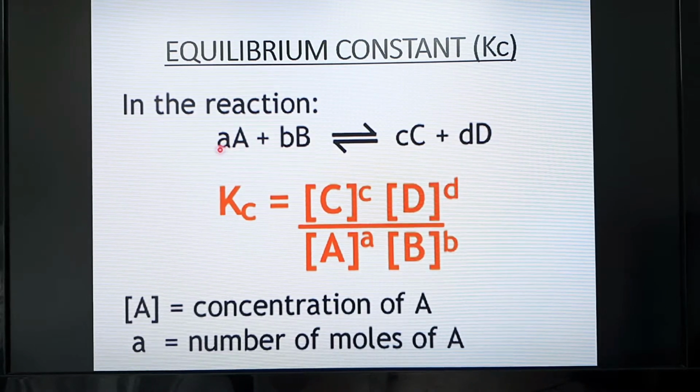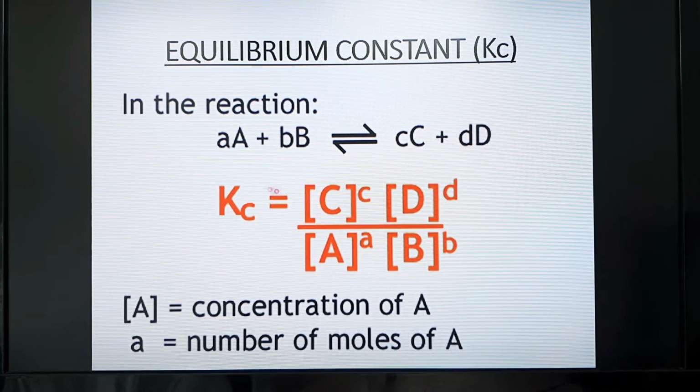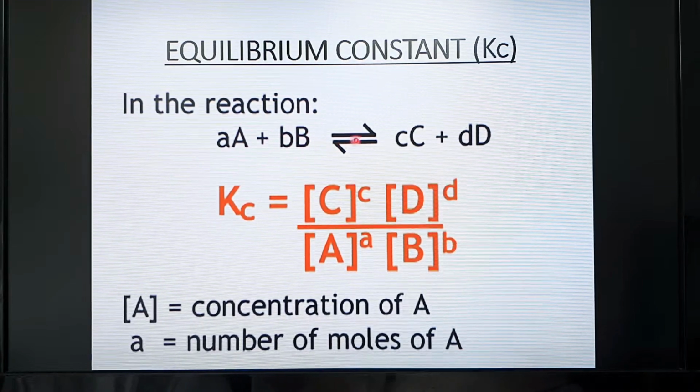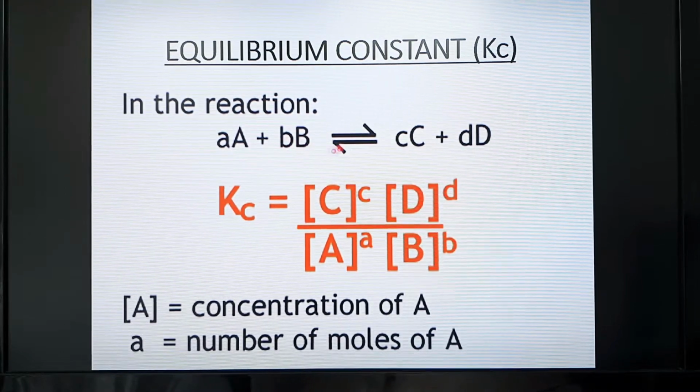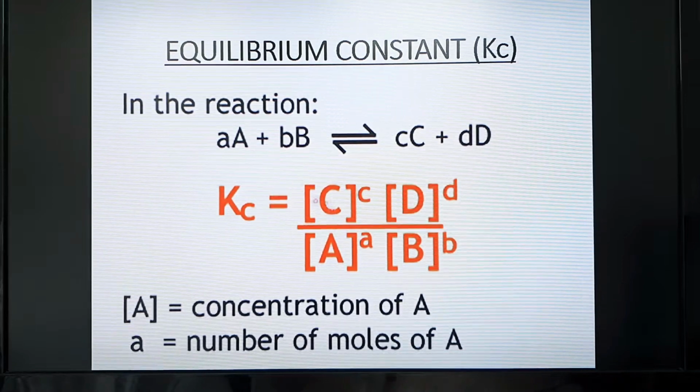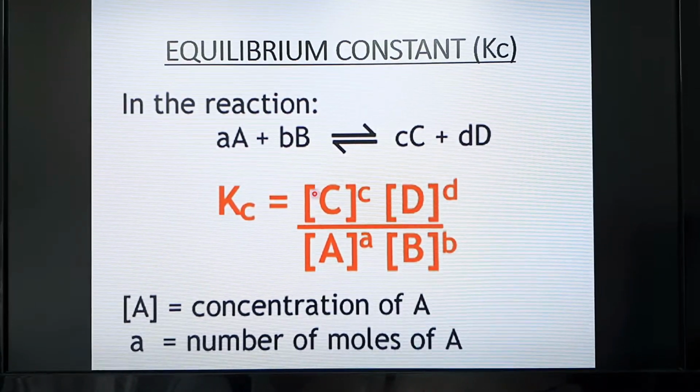The lowercase letters represent the number of moles of each of the molecules that are there, and the capitals are the actual substances themselves. So we have little a molecules of big A, little b molecules of big B, that's forming C and D as well. So to calculate the equilibrium constant, or Kc value,